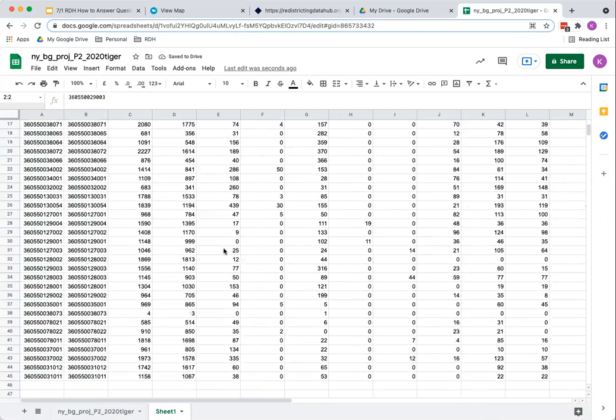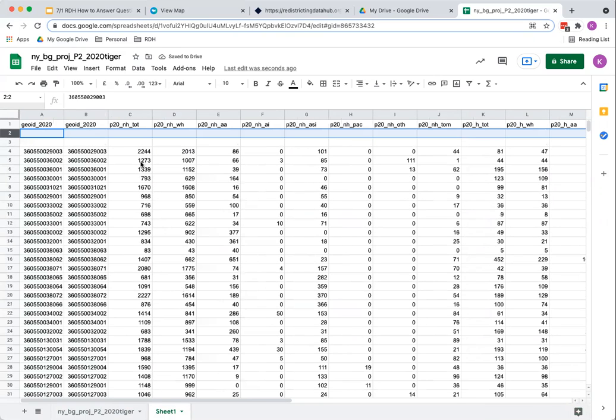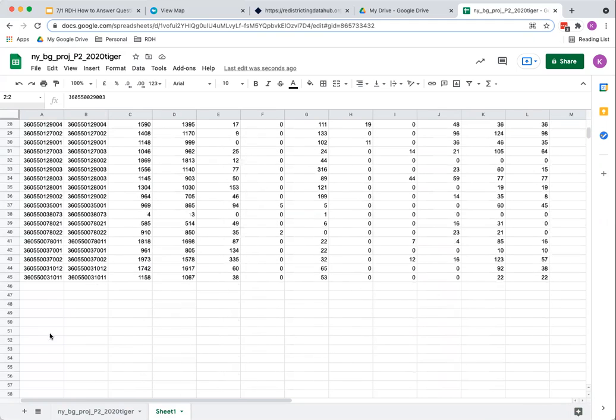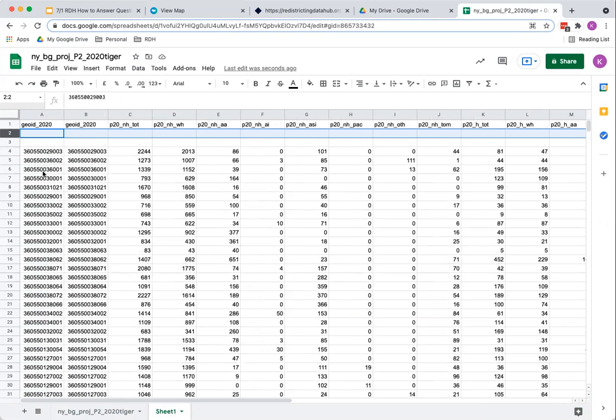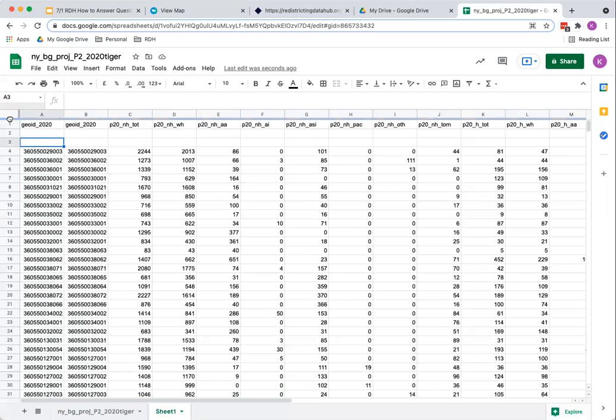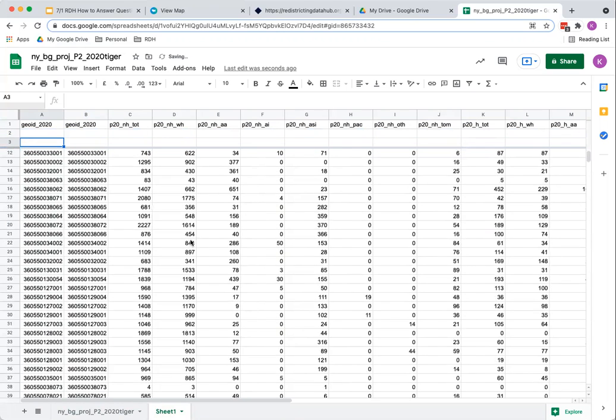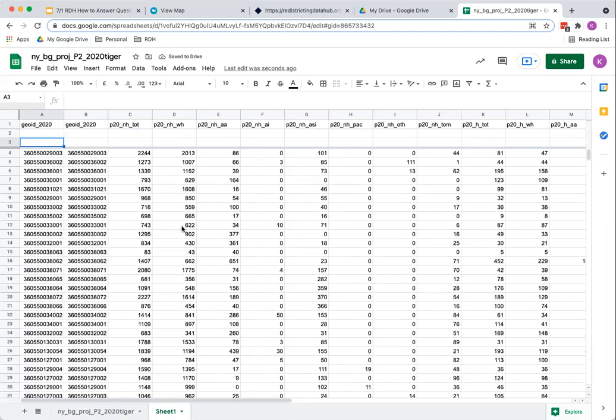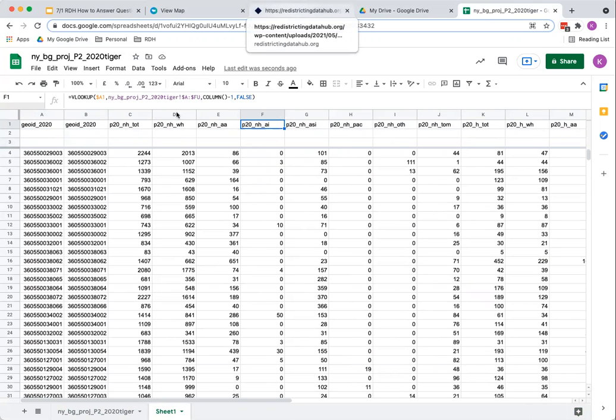You could, of course, sum to the bottom and answer your questions down in the bottom rows here. Just for ease, I'm going to do it at the top. And then lastly, I am going to add a divider, which in Google Spreadsheets you can do by just clicking here and dragging down. And so this allows us to scroll through our block group IDs and our data without losing these headers here. So if you have any questions about what these fields are, that again is what the metadata is for.